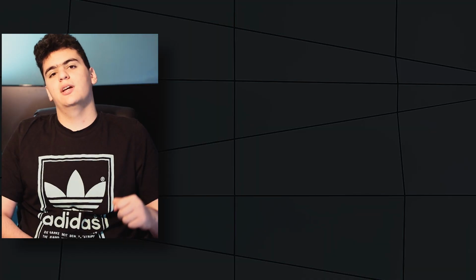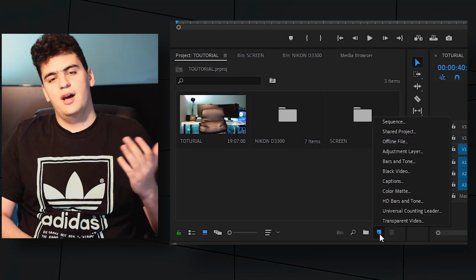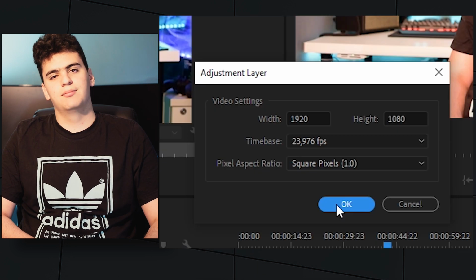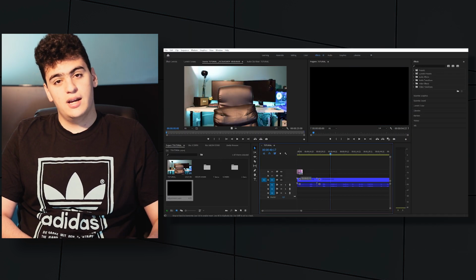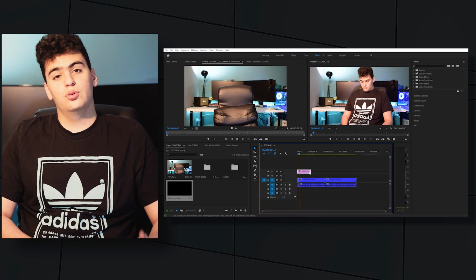Tip 5, and my last but not least tip for today's video. Do you get bored of copying and pasting all the attributes of a video when you want to apply all the color grade effects in the timeline? I got you. The only thing you have to do is to click here and create an adjustment layer. Drag it into your timeline and adjust it according to your needs.